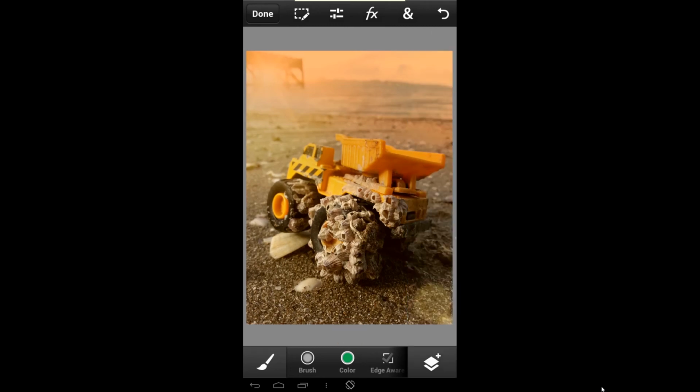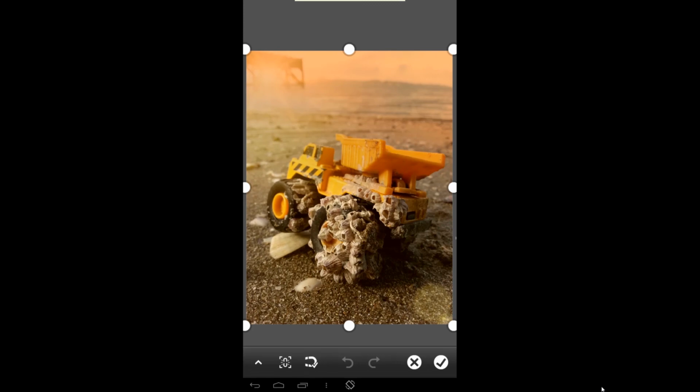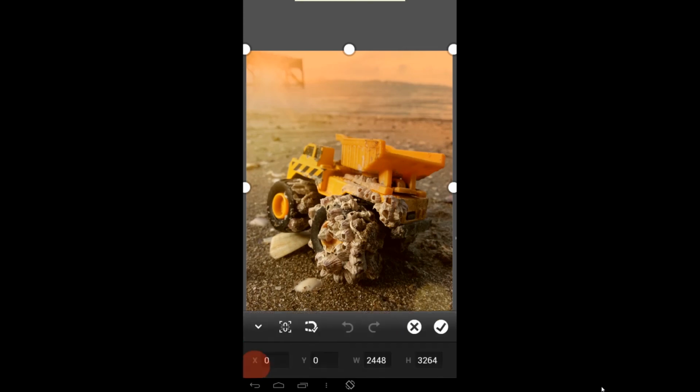I just want to give it a little bit of a crop. So back into my more menu, crop image. Now unfortunately with the crop tool in Adobe Photoshop Touch, we don't have nice presets like a 1:1 square crop or 4:3 to help us. We have to tap on this little triangle in the corner, and in here we can enter specific pixel values. So you're going to have to go work them out for your specific ratios. I can link my proportions,